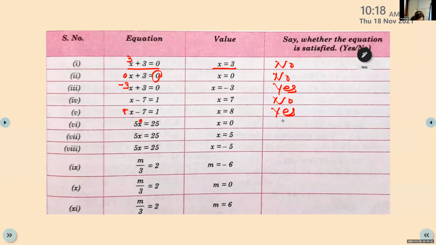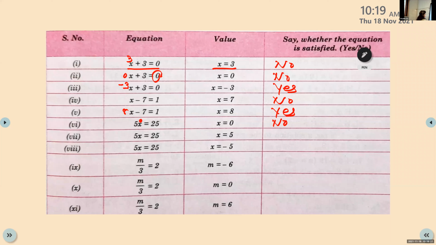Now I'll call some people one by one by your name. Otherwise, everybody is answering and many of them will sit quiet. Okay, Adi Tushar, absent. He is not present. Okay, Ahil Muhammad, can you answer this? Yes, Aaron Somi, come on. First one, this one. 5x is equal to 25, x is equal to 5. Is it correct?